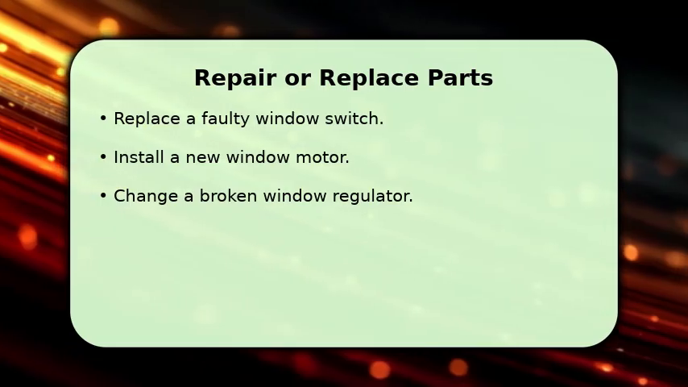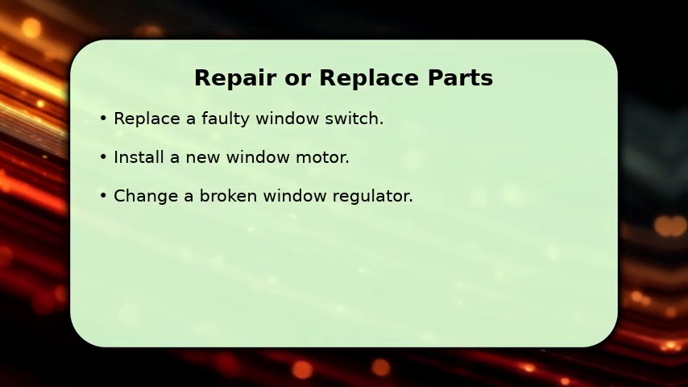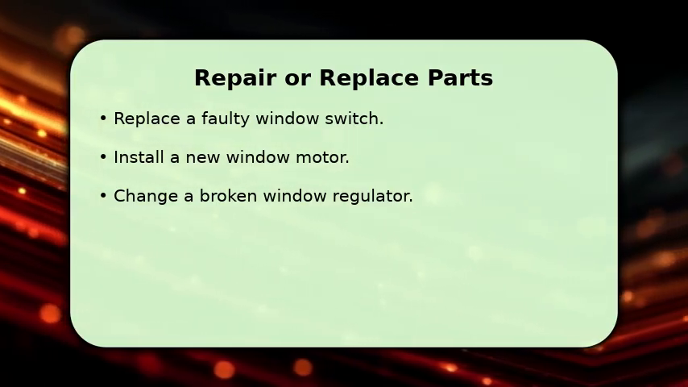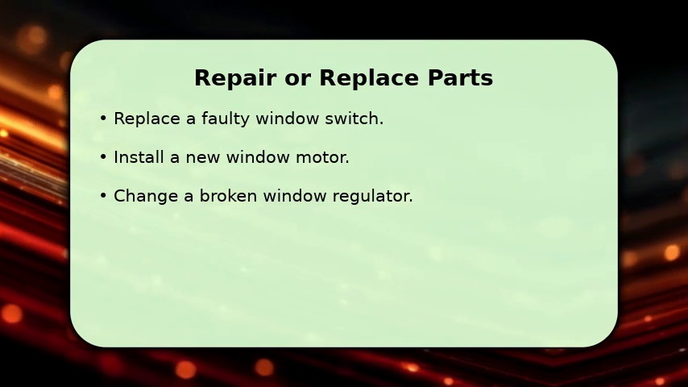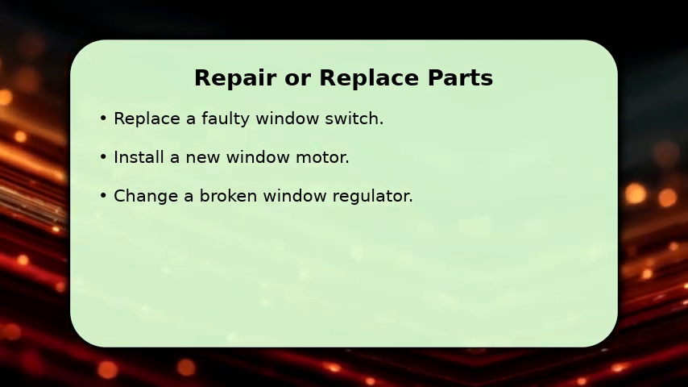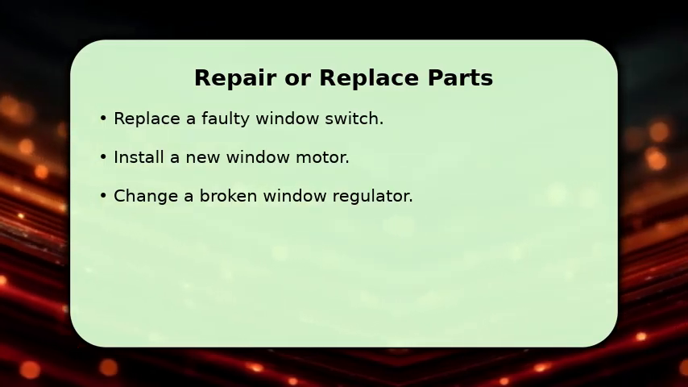Once you've identified the faulty component, it's time for repair or replacement. If the switch is bad, simply swap it out. For a failed motor, unbolt the old one and install a new unit, ensuring proper electrical connections. If the regulator is broken, carefully remove it and replace it with a new assembly, paying attention to cable routing